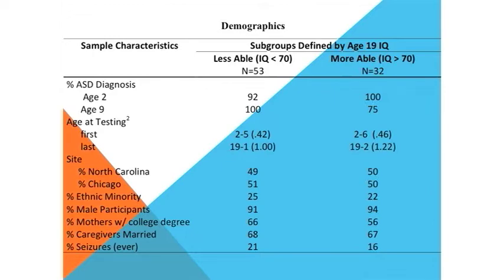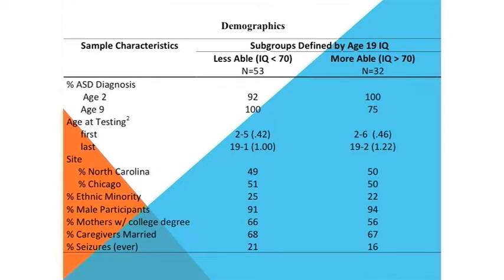Okay. We did differentially lose more African American kids and more kids whose families were less well educated. Mostly it's because we just couldn't find them. We think cell phones have just done us in terms of being able to track people down. But we didn't lose kids differentially by diagnosis as far as we could tell, at least 2-year-old and 9-year-old diagnoses.